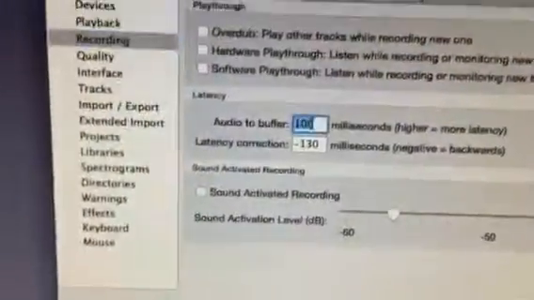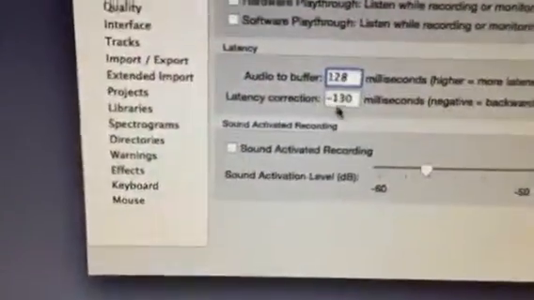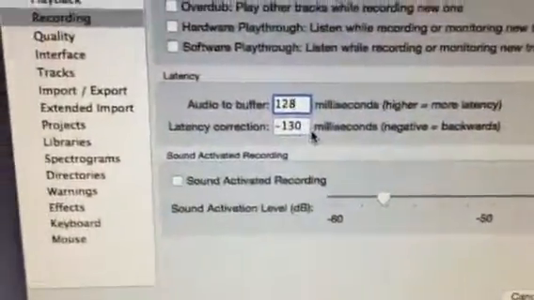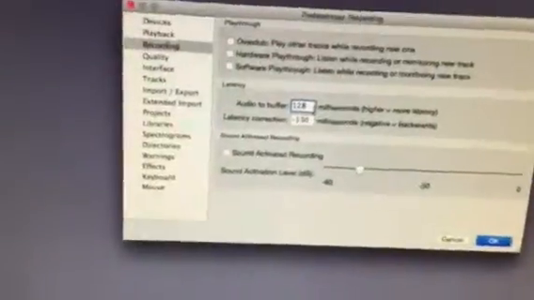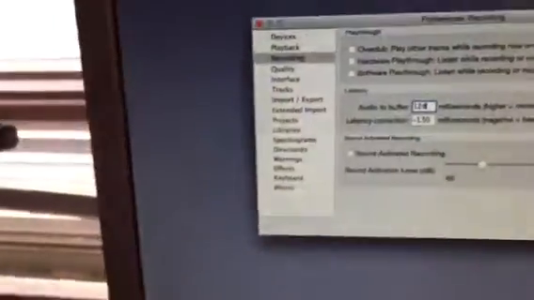Here's our buffer size, so let's actually skip down to number 5 since we're here. We want to be efficient. I'm going to go ahead and set it to the recommended setting, which is 128 or above. And if you see here also, Audacity gives you a latency correction, which will back up the audio so there's less of that latency, but we're actually monitoring properly through the interface here with the headphones and the studio monitors outboard of the computer, so latency is not going to be a problem for us. But it should be 128 or above for recording,